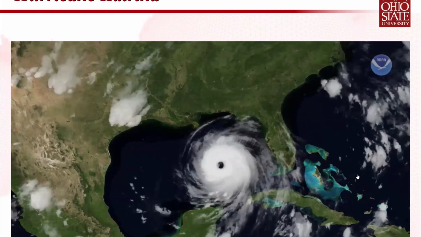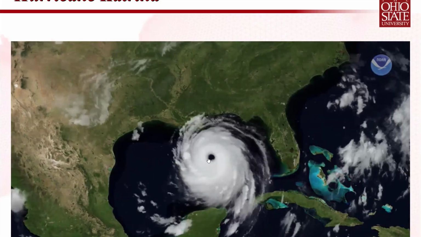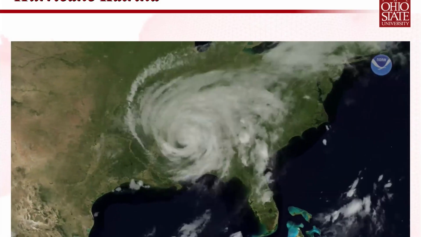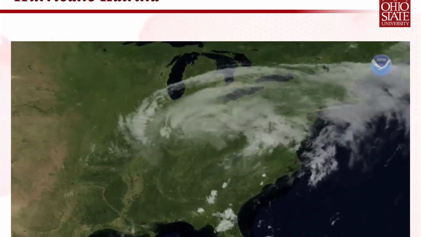The storm formed in the Caribbean as a tropical depression, and then it crossed over the state of Florida. And then as it moved into the Gulf waters, they were unseasonably warm for that time of year. And so the storm intensified rather rapidly, which you can see the eye of the storm right there, before it eventually made landfall in New Orleans.